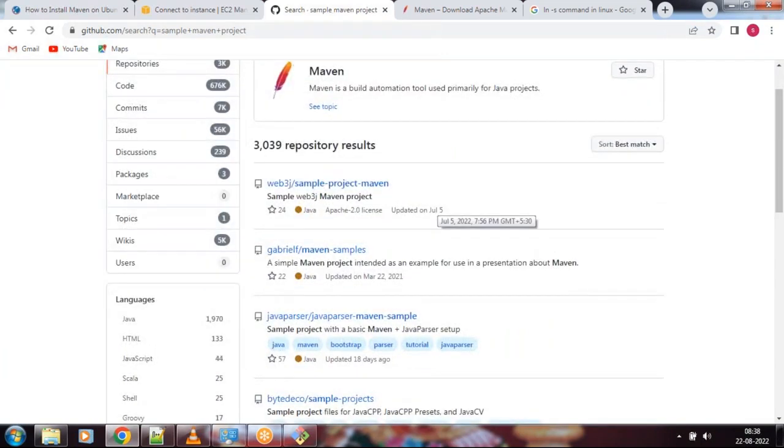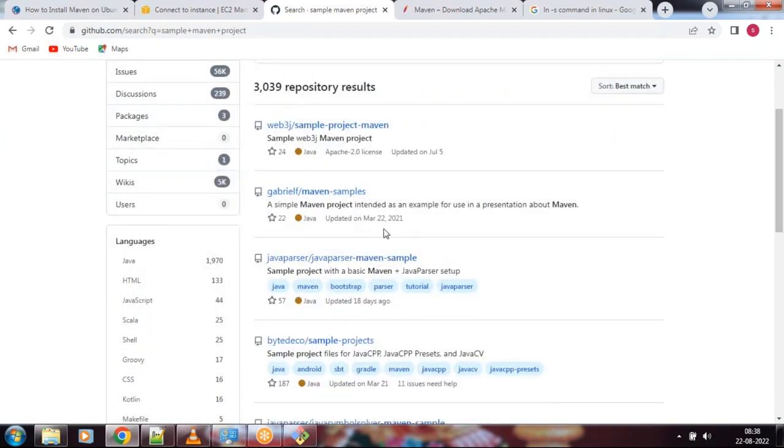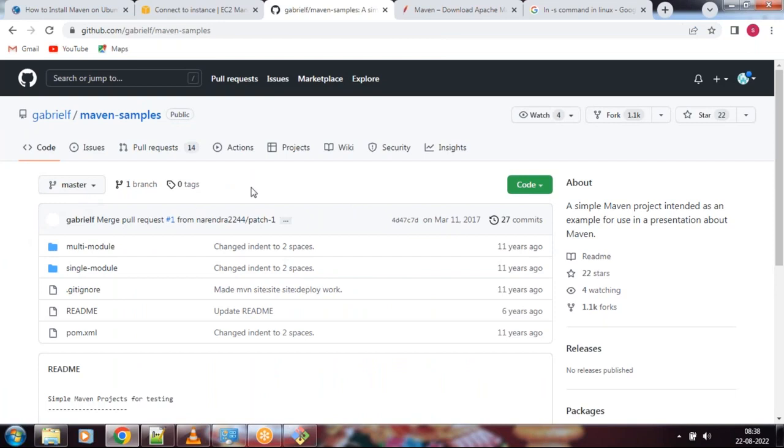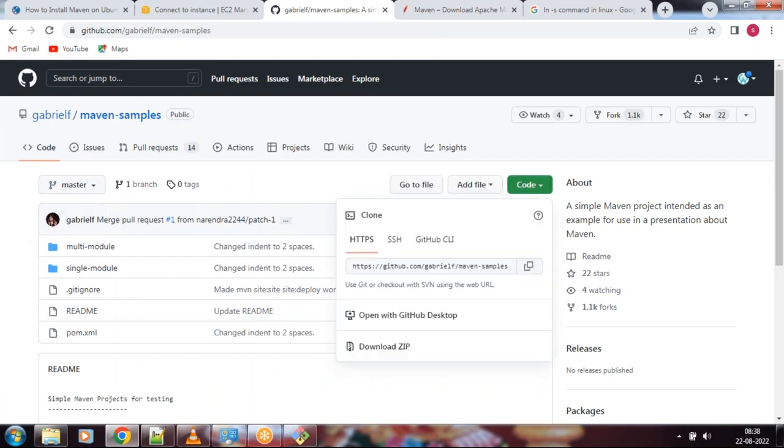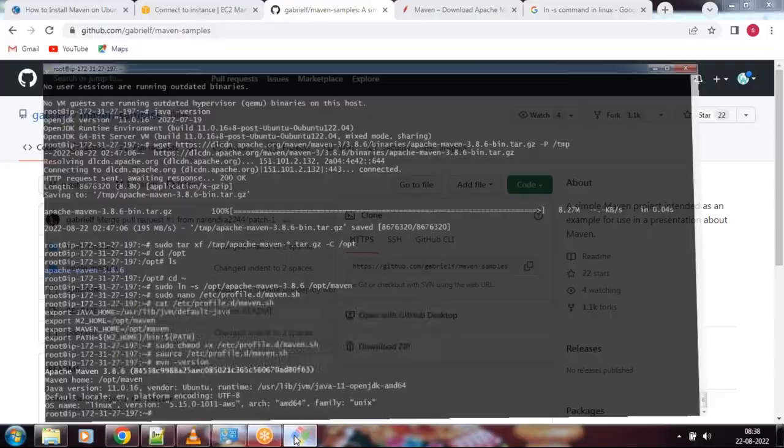Out of that, we don't know. Sometimes some projects may give errors because they were updated a long time ago. Sometimes some projects will work. For example, we'll take this one. Gaprif is the developer who wrote this Maven project. Whenever a developer pushes code to the GitHub repository, as a DevOps engineer, what is our responsibility? We need to copy that code. We need to clone that to our